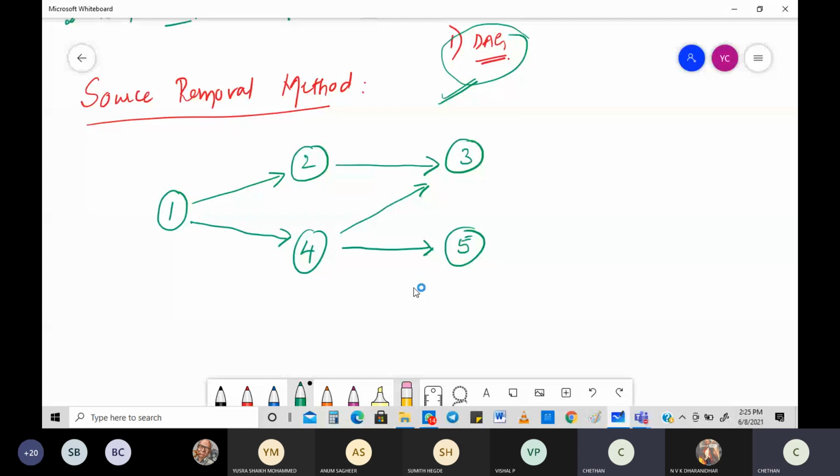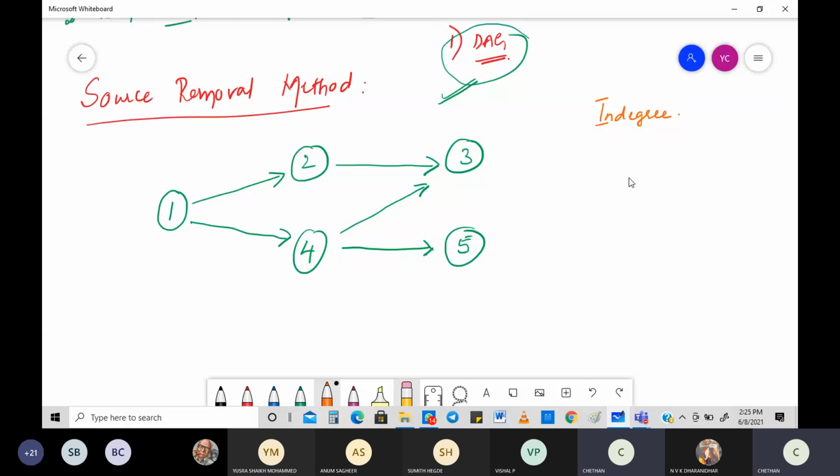Now our steps. What is the first thing to be kept in mind to figure out what the steps are? First thing is you need to know the in-degree of each and every vertex. You know the meaning of in-degree. In-degree is nothing but the number of edges that are coming towards that vertex. There is in-degree, and there is also out-degree. Out-degree is going out, and in-degree is coming in. The number of in-degrees needs to be figured out.